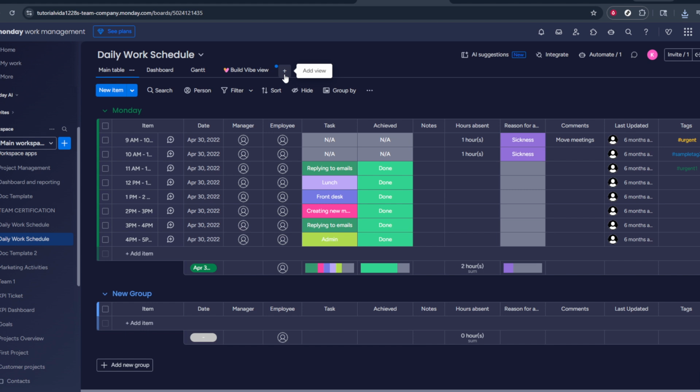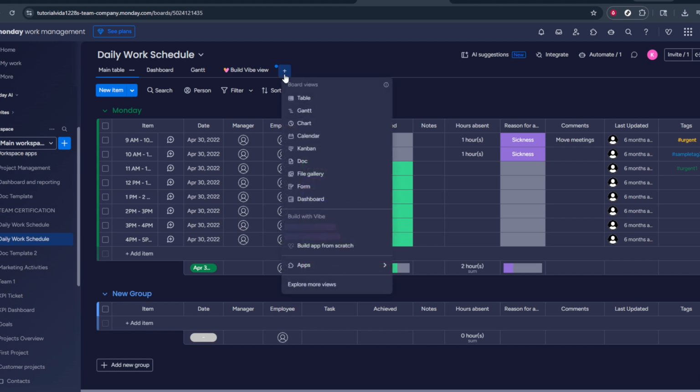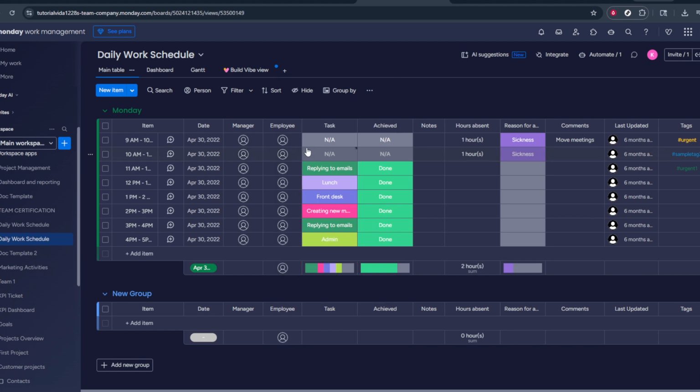If you don't see a Kanban tab yet, you'll need to add it. At the top of the board, near the existing view tabs, look for a plus sign. This plus sign is used to add new views. Click on the plus sign and a list of available views will appear. In that list, find and click on Kanban. Monday.com might briefly prompt you to confirm which column should be used for the Kanban grouping, usually a status column. Once you confirm, the Kanban view will be created as a new tab at the top of your board, and